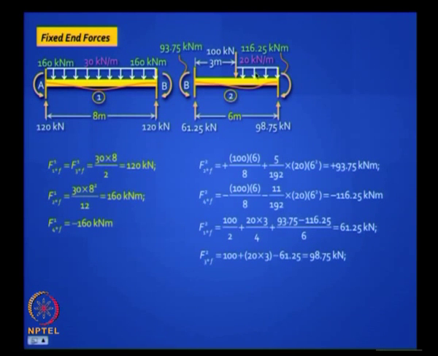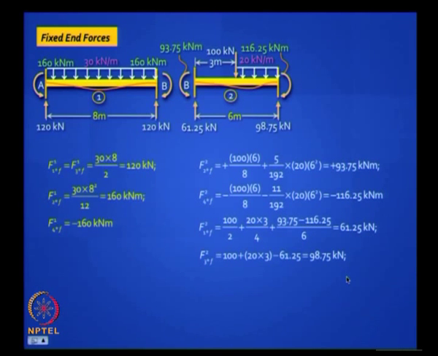F1 star F is given by 100 divided by 2 plus, calculate this load. This load is 20 into 3, 60, and the centroid of that pressure will act here, and 1/4 of it will come here. So 20 into 3 divided by 4, and the difference in the moment divided by 6 will, well, whichever way you want to write, it will actually be negative, the whole thing will be negative. To work out this load, you just add up all the loads and subtract this value 98.75.